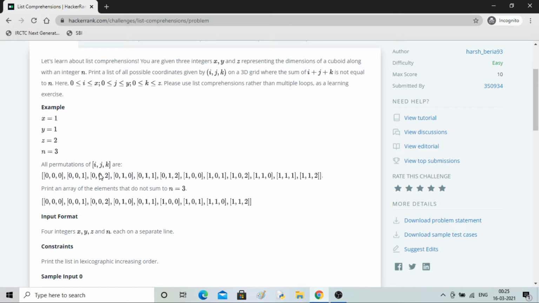So these three elements we got by keeping x and y fixed at 0, 0. Then we kept x equal to 0, y equal to 1, and z equal to 0, 1, 2, so these three elements you will get. You can see x remains at 0, y will be 1, and 0, 1, 2 are the values of z. You see how the pairing is happening.